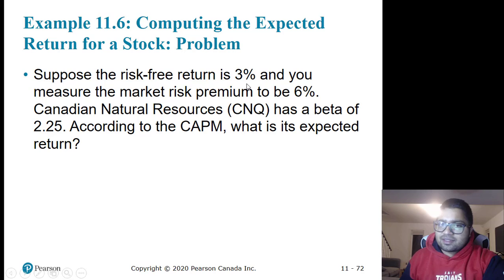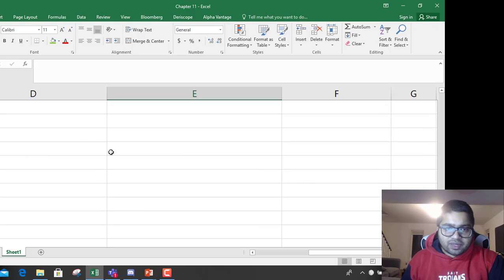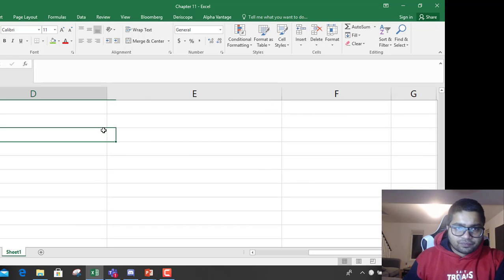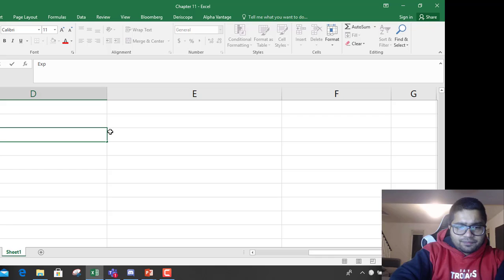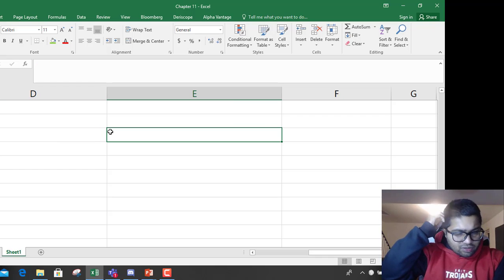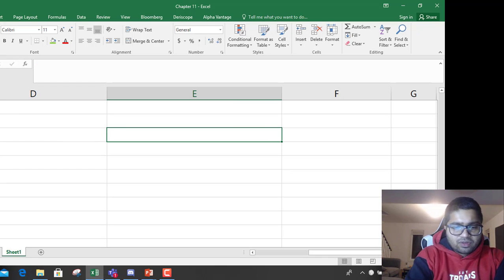Suppose the risk-free rate is 3% and the market risk premium is 6%. Beta of Canadian Natural Resources is 2.25. What is the CAPM return? So they have given you this. Let's solve it. The expected return from the stock, or cost of equity for the stock, is the risk-free rate plus return on market minus risk-free